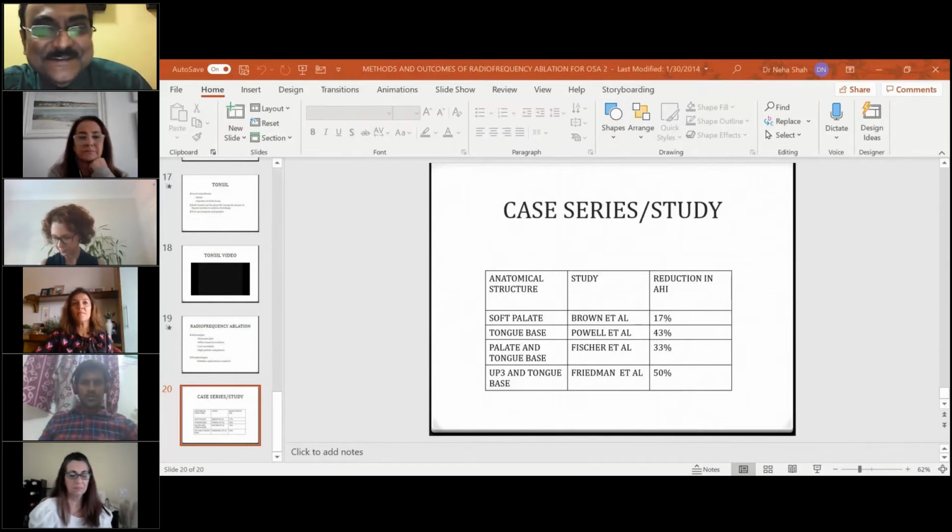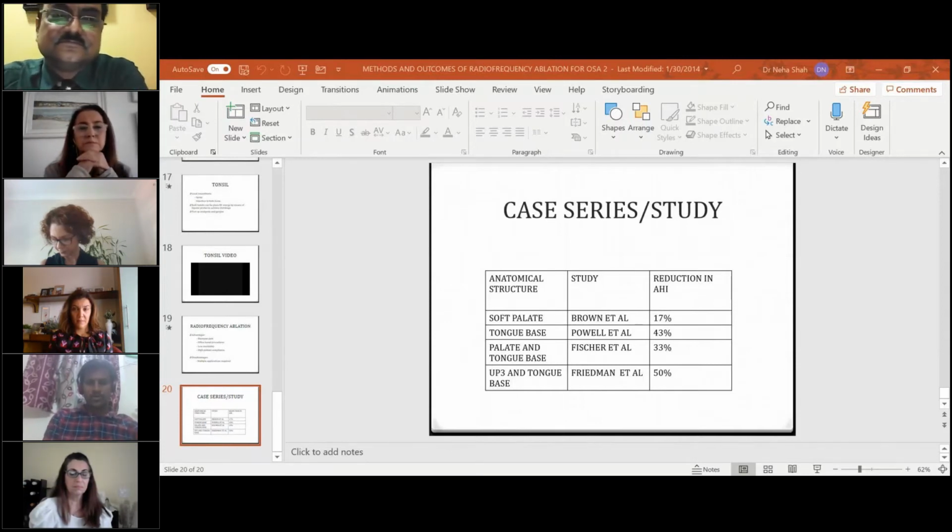Yes, sir. I'm open to any instrument being used for any OSA procedures as such. But definitely this has less submucosal or mucosal damage. There is hardly any slough seen post usage in tonsillectomy or tongue base. In what we saw in the video, at that particular point you see that minor slough, that white or grayish area, which remains only for a very short time. As the healing process continues and the radio frequency energy delivered to the tissue keeps acting, that is not seen usually much later on.